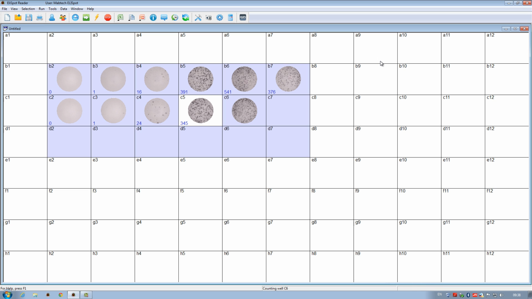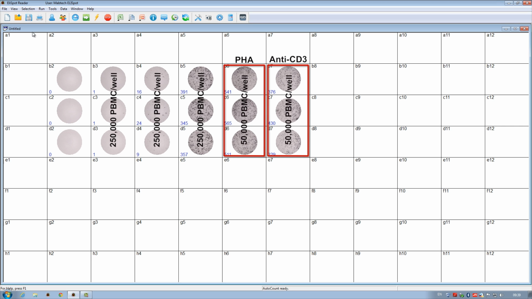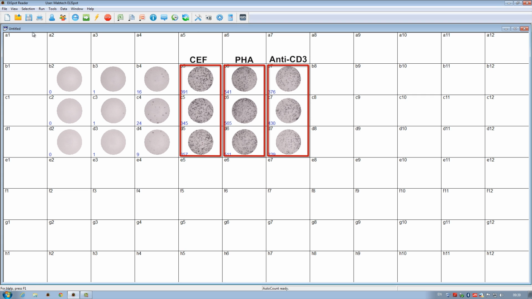We can now take a moment to reflect on the number of interferon gamma spots that were actually detected in this plate. PHA and anti-CD3 used in column 6 and 7 respectively have obviously generated the highest number of interferon gamma secreting cells, despite only incubating 1/5 of the cells used in the other parts of the plate. In column 5, the CD8 response against the CEF peptide pool is pretty strong. This donor has obviously been fighting off these common virus infections in the past and appears to have a good number of specific memory CD8 positive T cells in their peripheral blood.